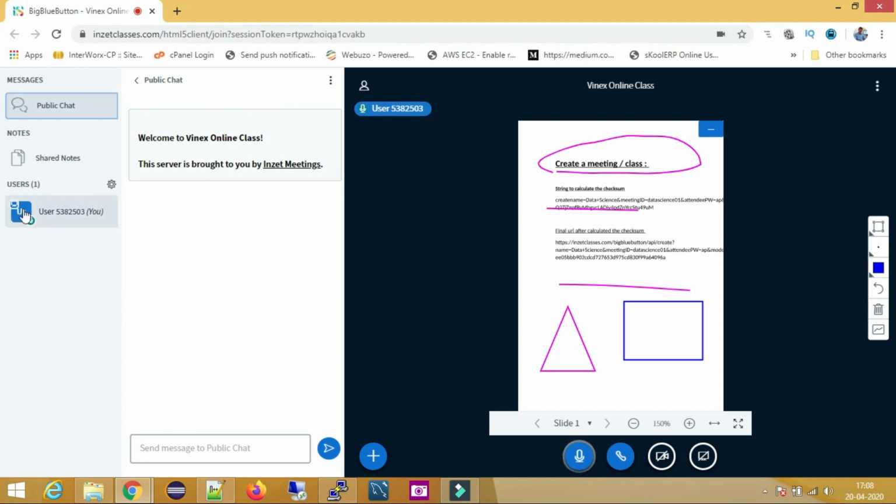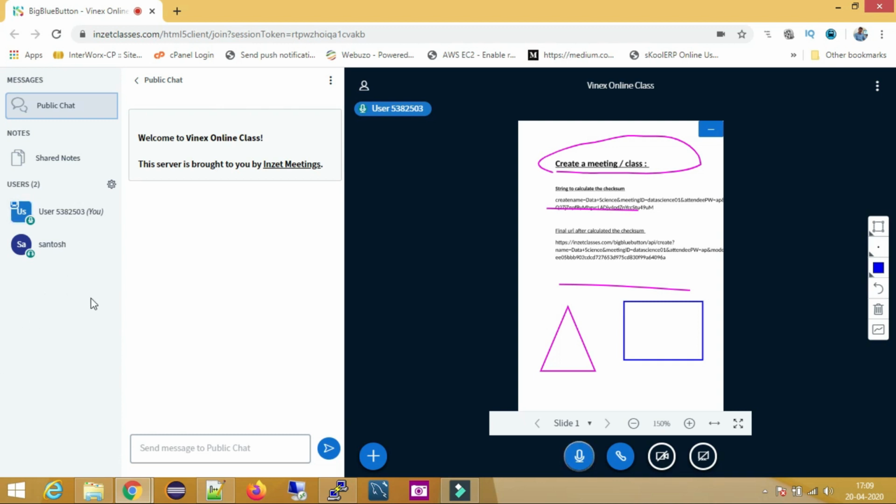Now there is only one participant, that is the presenter only. Now I'll join from a different device as a client. See, Santosh has joined here. Only the presenter is represented with the square icon and all the remaining participants are shown with circles. Please ask your participants to select listen only. As a presenter you need to select the microphone, and they need to select listen only. Otherwise it is a disturbance to the class if multiple microphones are on, right?